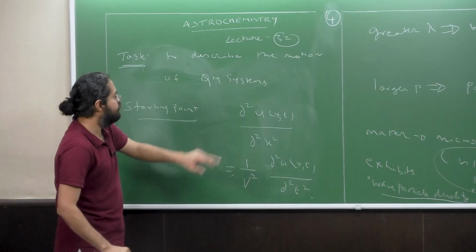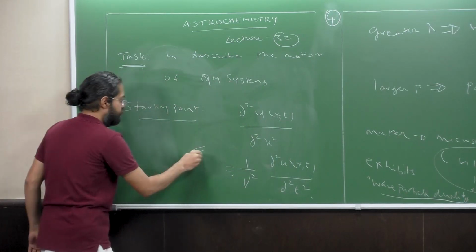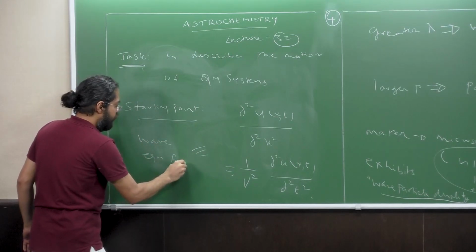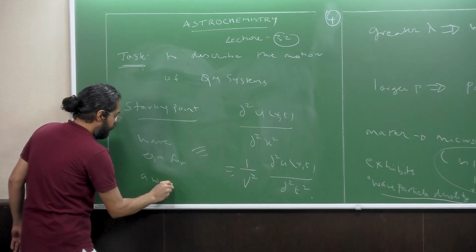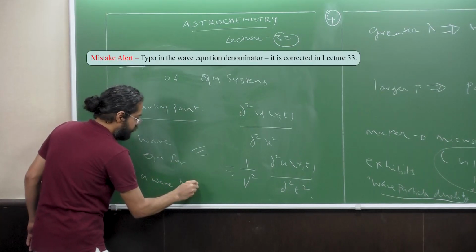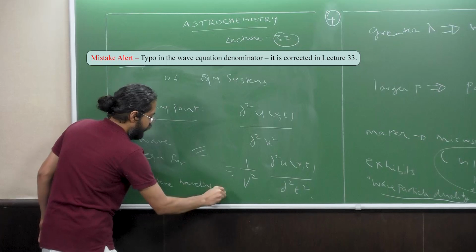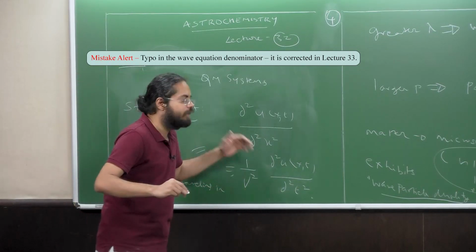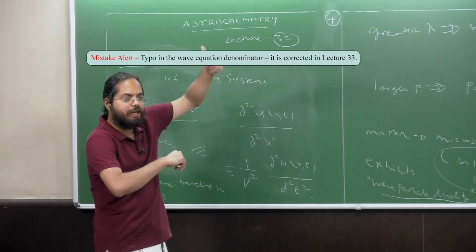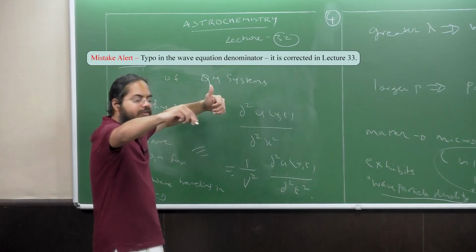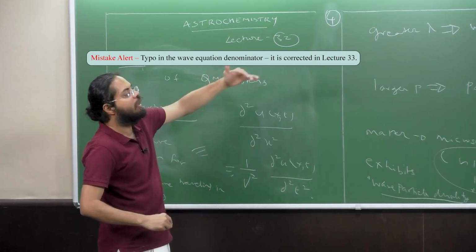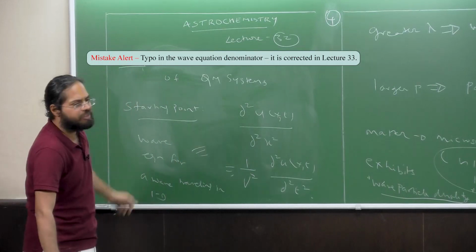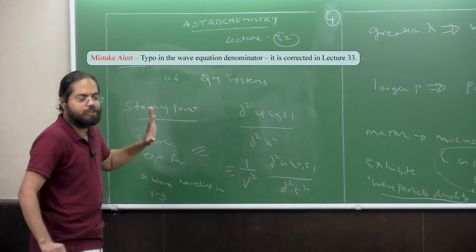Now, this is the wave equation for a wave traveling in one dimension. When I say one dimension, let's say u is the dependent variable, right? And x is the independent variable. So u, as it travels along your x direction, is what is called a one-dimensional wave. We'll start off with this simple equation, okay?